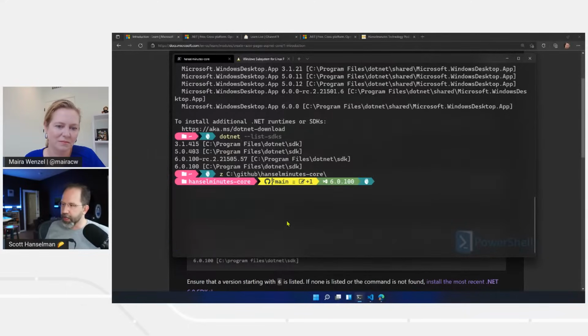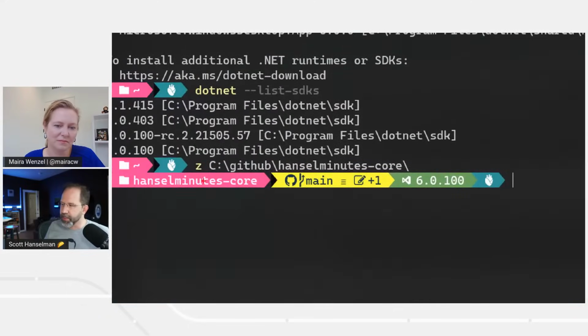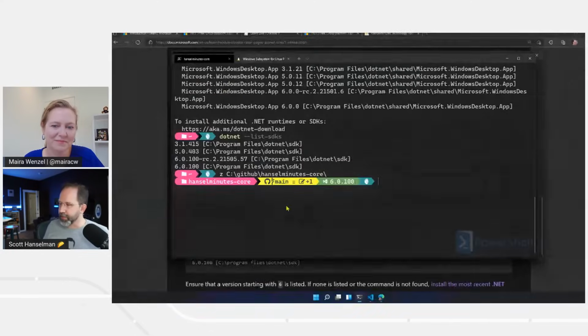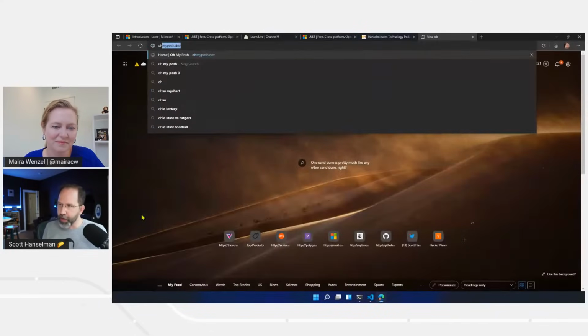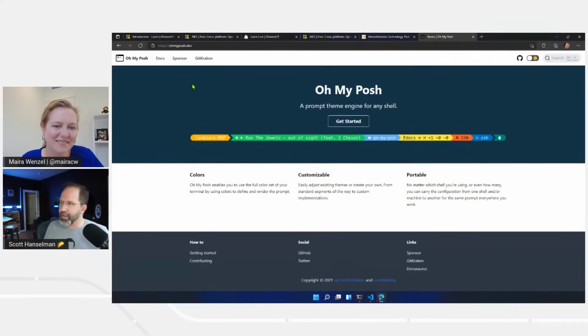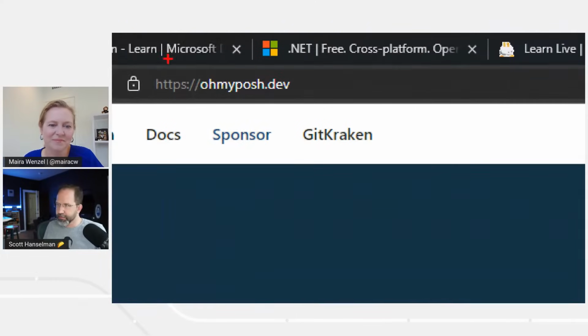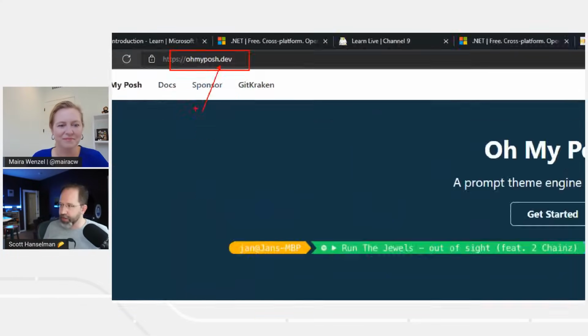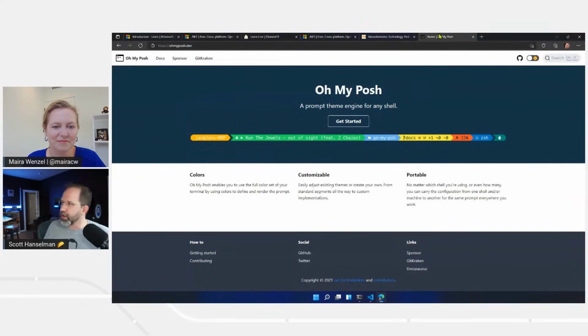So if I go to my website source code, I can see my current branch, but I can also see the version of .NET that I'm currently using. And this is called Oh My Posh. I love that. And you can get that at ohmyposh.dev. And that works on any shell. So it doesn't matter if it's PowerShell or Bash or whatever makes you happy. And it's a really cool kind of